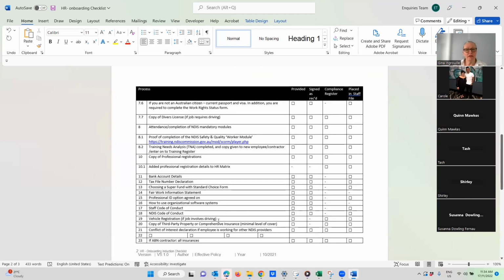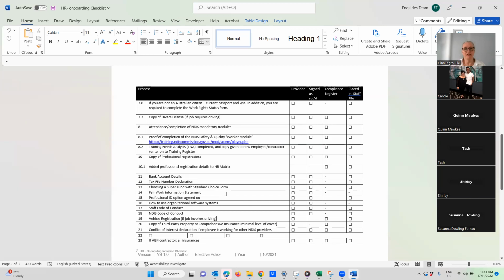The registration of their vehicle, if they're going to be driving for the business. And that could be, even if it's an admin person, and they might have to go to the post office, or pick up some stuff from the office, anything. If any person gets in their vehicle in the line of duty, then you must have the details of their registration, because it can come back on an employer, and it happens. If somebody's written their car off and they haven't had the right insurance, all bets are off, and all friendships really can become irrelevant when it comes down to money. So it's not worth it.